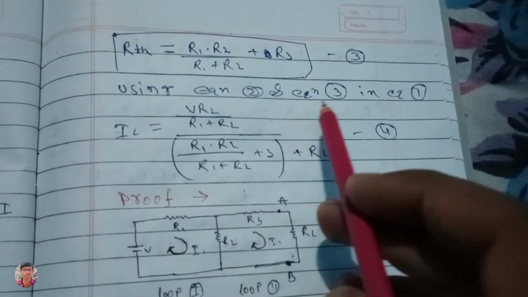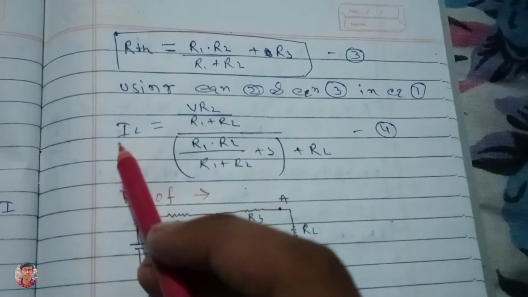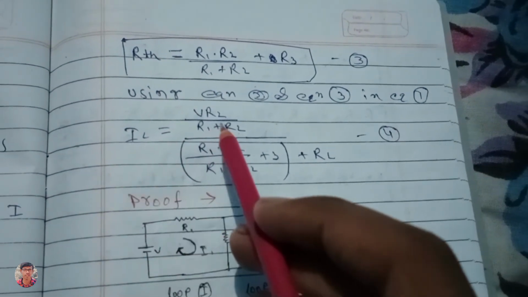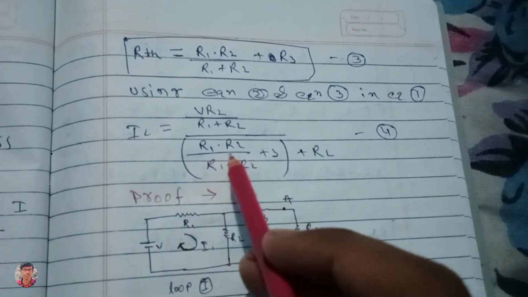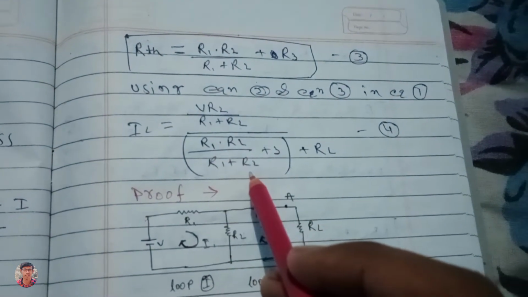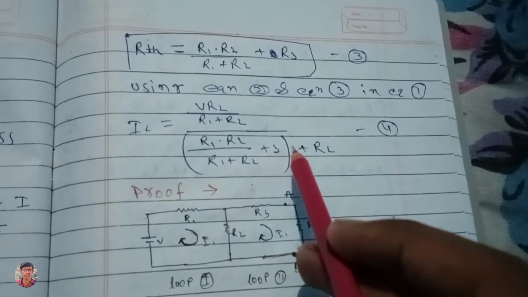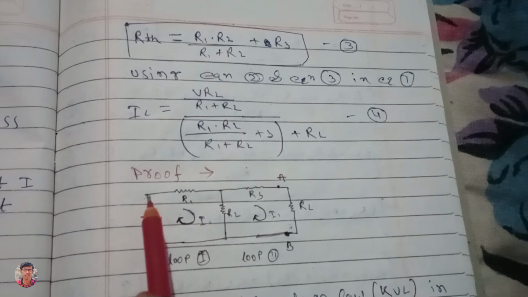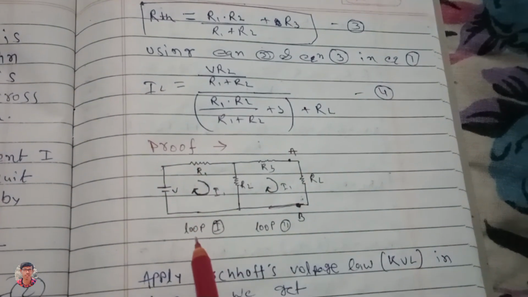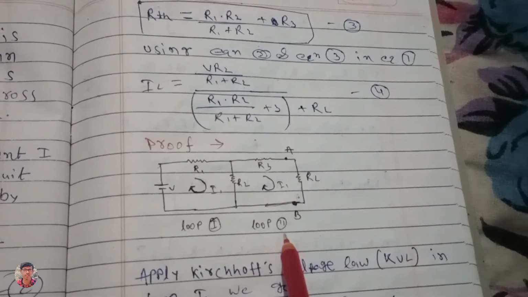Using equation 2 and equation 3 in equation 1, IL equal to V R2 by R1 plus R2 by R1 dot R2 by R1 plus R2 plus R3 bracket plus RL, equation 4। प्रूफ। ये फिगर देखिए, लूप 1, लूप 2।